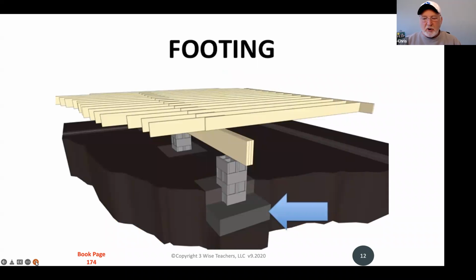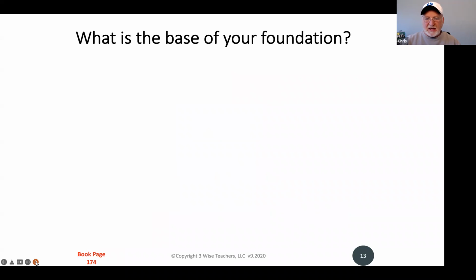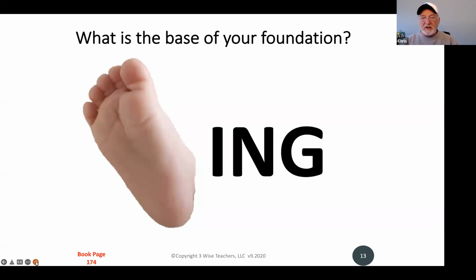The footing of your home is basically going to be a concrete trench that is poured, and it's going to be where the house is going to be built. So in other words, the footing is there for stability. It's going to stabilize the rest of the house. And if you'd like to have a little memory device for that, take a look at this. What's the base of your foundation? Well, it's your footing. Okay, so that's what the house sets on. A trench is dug and concrete is poured into that trench to serve as the base of that house.